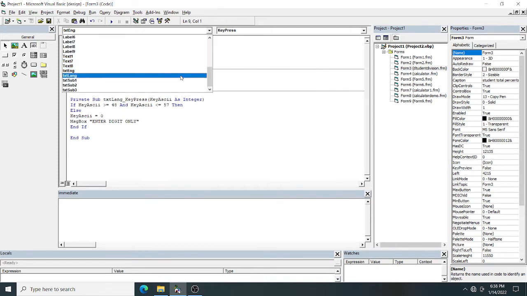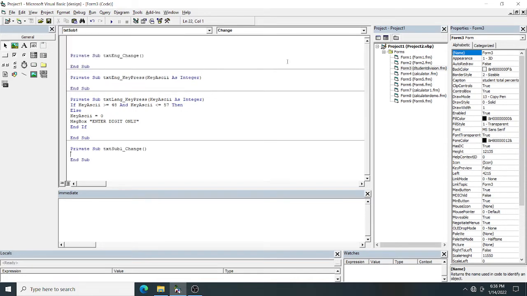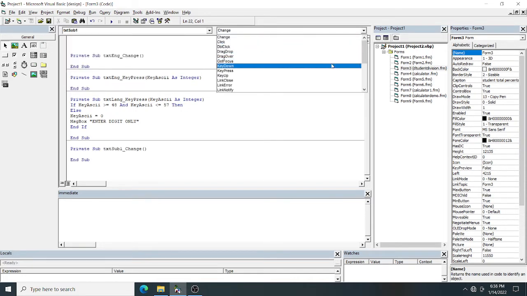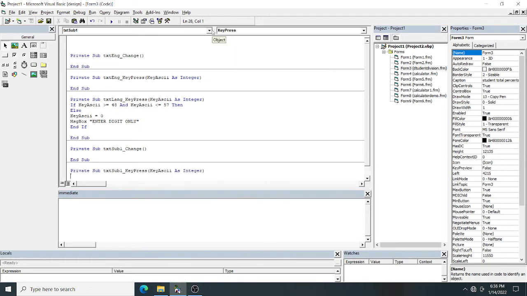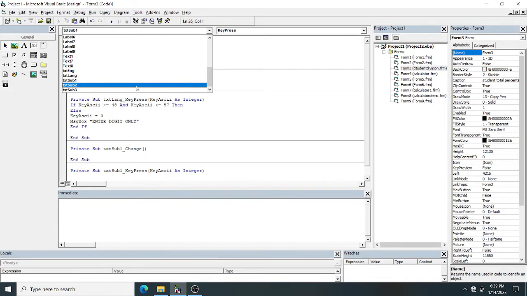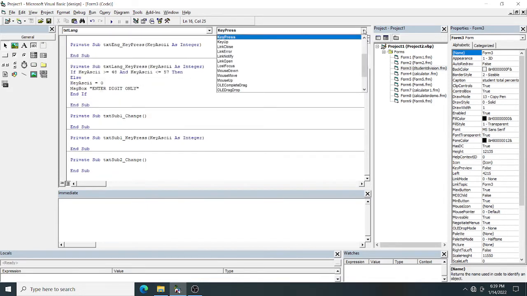Then next is the txt subject 1 text box. Which event do you want to give? I want to give again a key press event. Next go for subject 2. Again give which event? Just give a key press event.